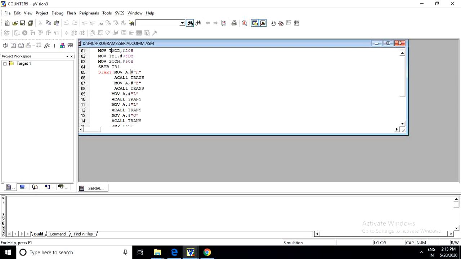Okay, then the timer has to be started. We need to send the string message hello, but the entire message is not sent in this program. Character by character we are going to send the message serially. So here A is loaded with #'H', that is the ASCII value of H will be moved into A register. Then we have written a subroutine to transfer the character serially, and the subroutine name is